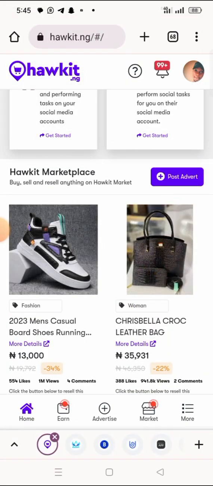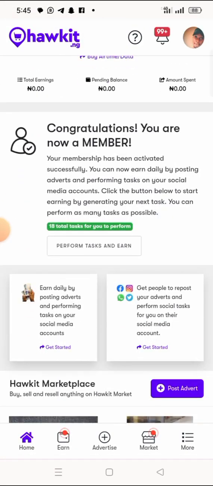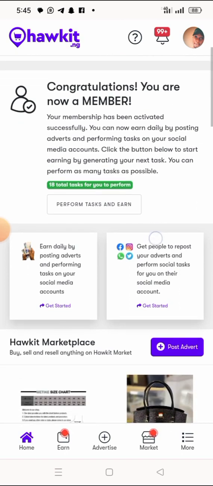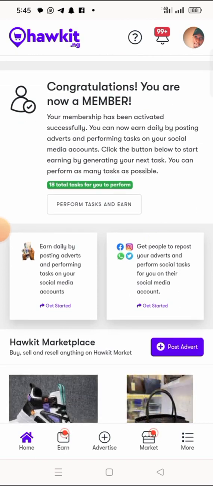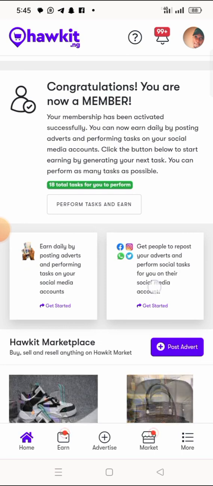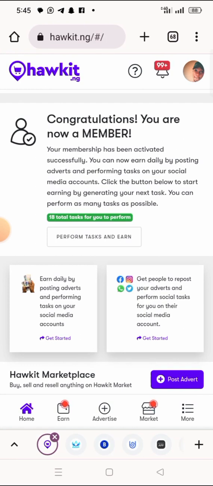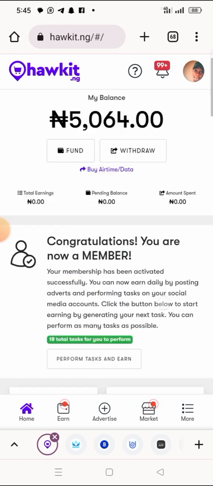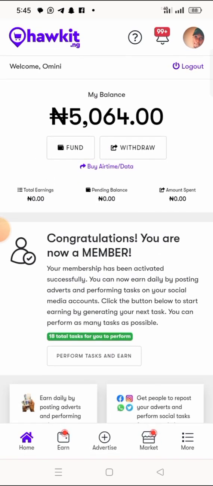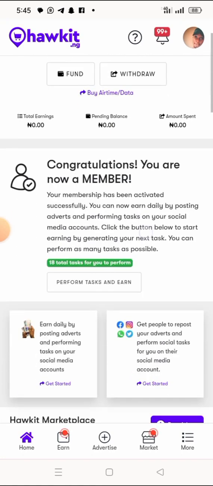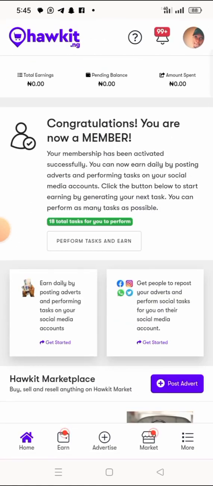But for people that need followers on their Twitter account, Facebook account, Instagram page, WhatsApp group, and so on, you can pay this platform called Hawkit a certain amount of money, so Hawkit will put your advertisement out for people on this platform to see, to earn money through it.